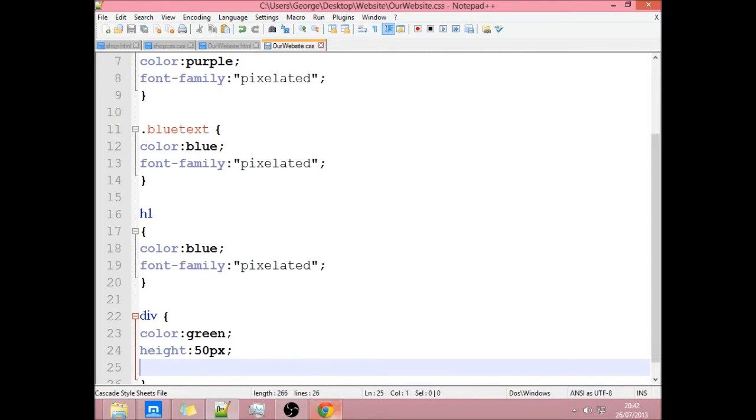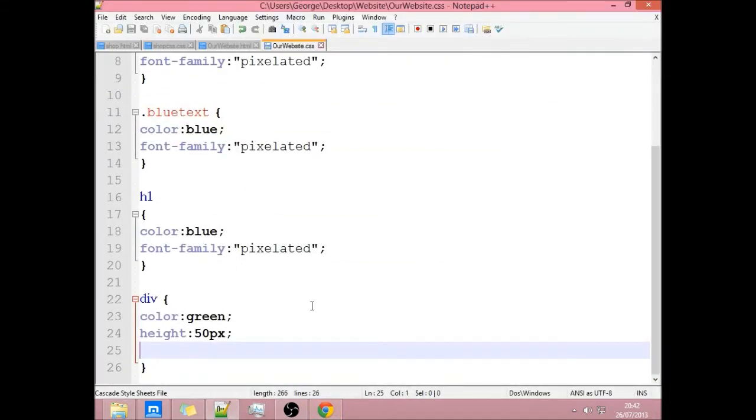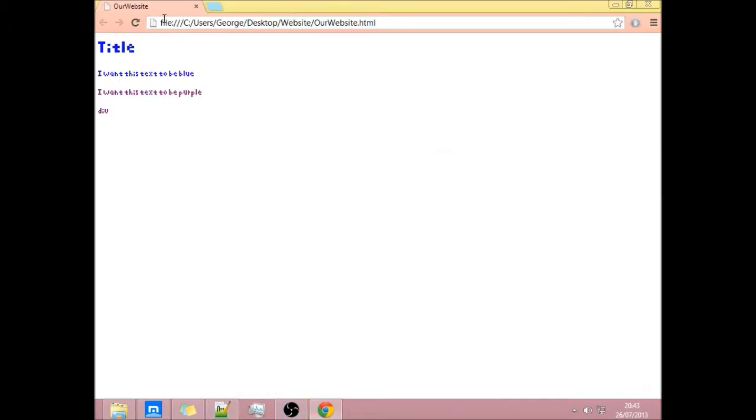So if we save that and run it, the computer is saying, well, we have the height, but it's no pixels wide, so we don't need to display it. So now we need to do width, simple as that, same thing, just 50 pixels. Yeah, of course, it has to be .div. So now if we run this,